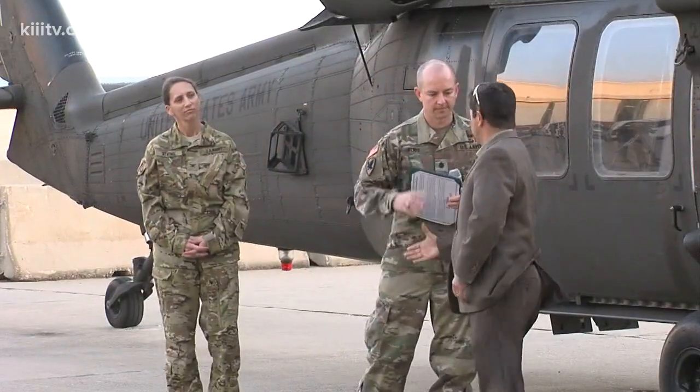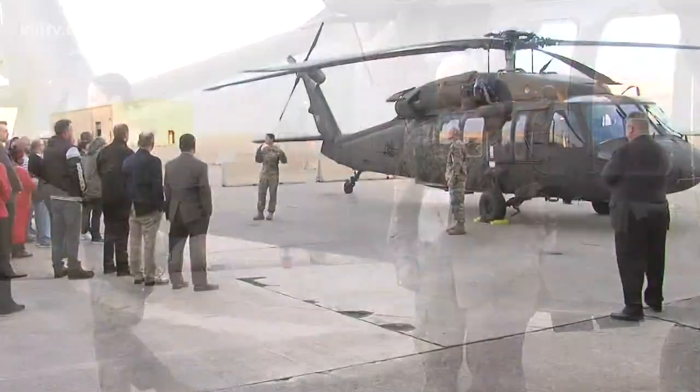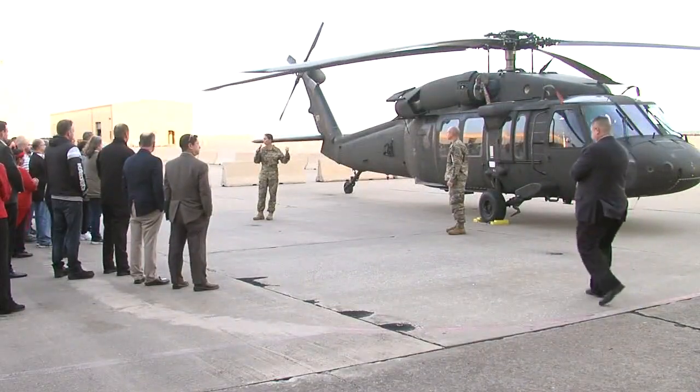And he says the upgrades on some 760 of those choppers are already well underway and that they will help ensure that the choppers will last about 20